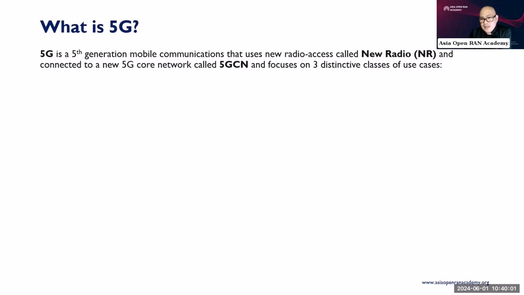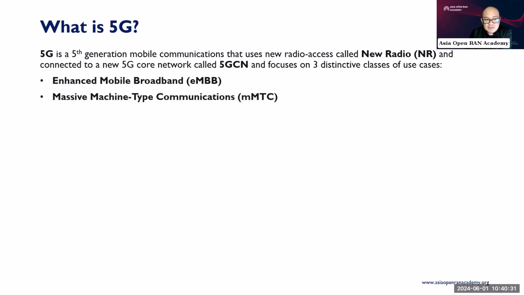We call it NR. If 4G is equivalent to LTE, 3G is UMTS, 2G is GSM, 5G is NR. So whenever you hear NR, we are talking about 5G. Okay? So it's connected to a new 5G core network called 5GCN. And then it has three distinctive classes of use cases: eMBB, massive machine type communications, and ultra reliable and low